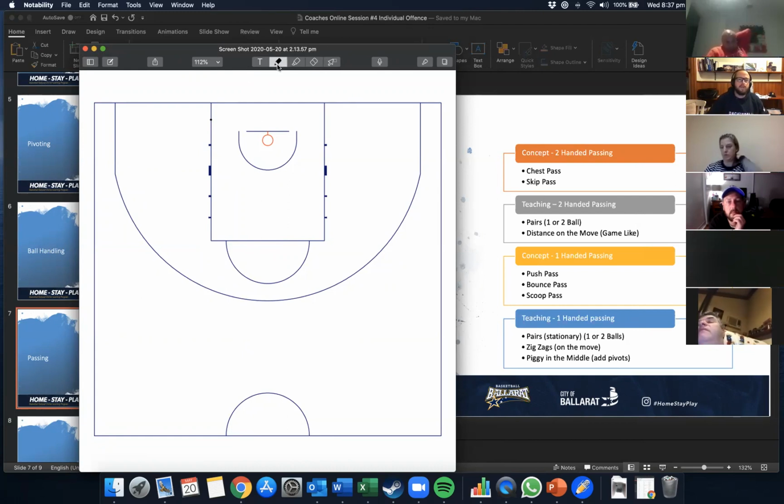So let's say you're doing, as a bit of a warm-up, full court layups. Maybe it's someone's job to pass the ball in from here, someone else's job to swing through, catch the ball, take 2 dribbles, and kick ahead that 2-handed chest pass up the court to another guy or girl that's catching the ball there, and they're dribbling in for a layup. So you're simulating the idea of a fast break,